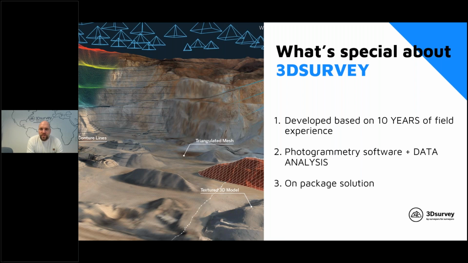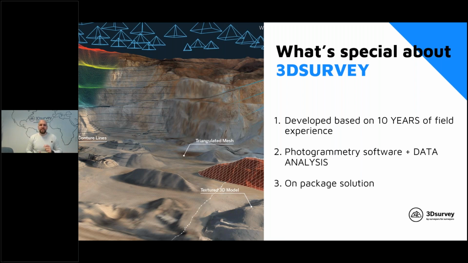We wanted to make 3Dsurvey special and stand out. So we decided that our software solution will not be only a photogrammetry solution, which can create orthophoto and textured 3D models, but we also wanted to add a data analysis part to the software. That means that from this data that we create, we can get to the real data that you need to give to your clients.